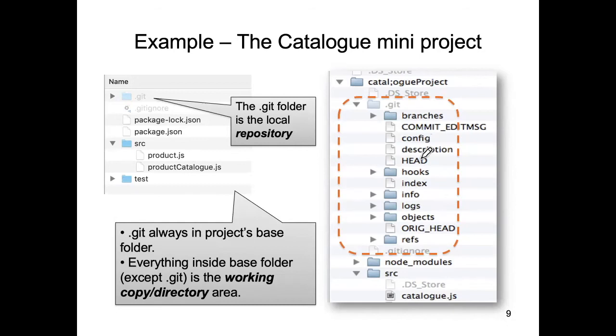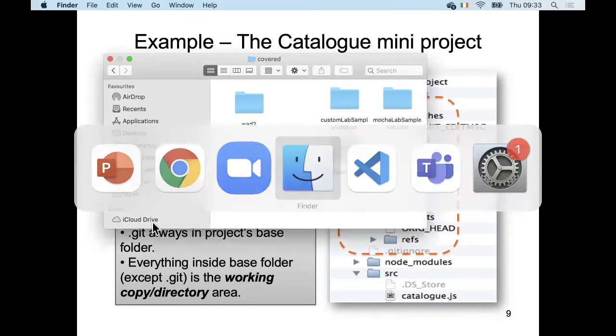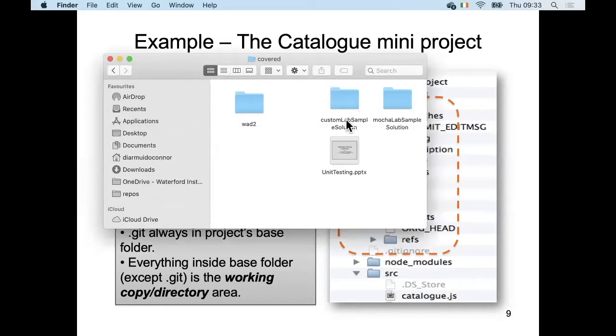The Git commands that you submit from the command line, they're all interacting with these files and folders, but they're doing it in a controlled way, if you like. So I'm saying down here on the bottom left that the .git folder always has to reside in your project's base folder. So if I just flip over to the equivalent of Windows Explorer, here's my Mocha lab. If I go into that folder,